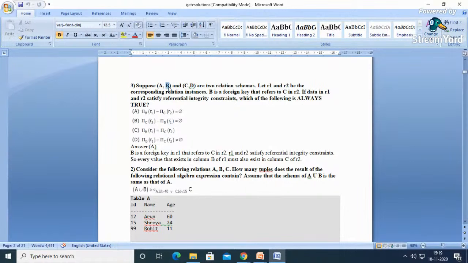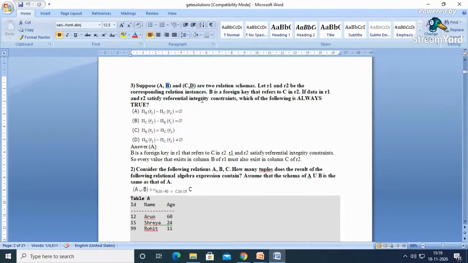This B is a foreign key referring to C. A foreign key always refers to a primary key. So C is a primary key of R2. If the data in R1 and R2 satisfy the referential integrity constraint,